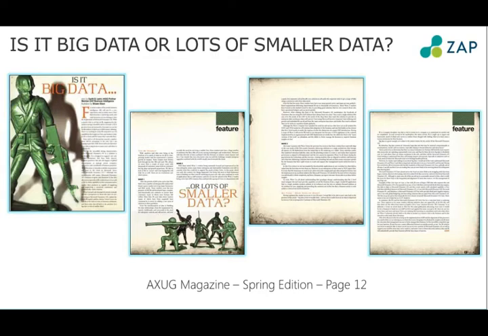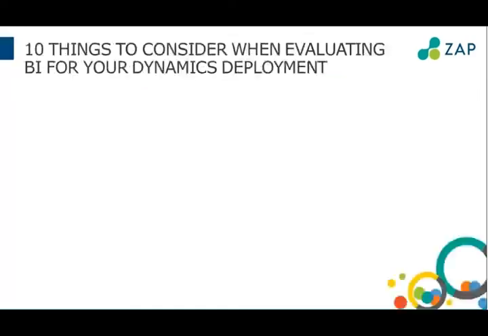I'd ask you, if you get a chance, to grab that magazine and have a read of those 4 pages. It's a pretty easy read. It also goes through the different ways of BI vendors, and of course, as I said, talks about that data sizing issue, which I think is just a bit of an overkill for what we do in Dynamics, and I think you need to think about that when you are looking to choose a BI solution.